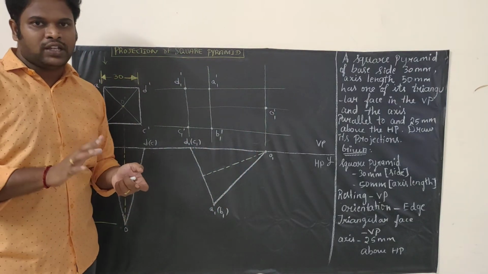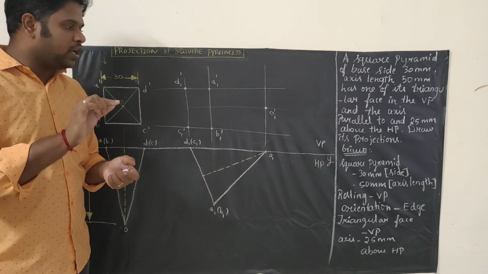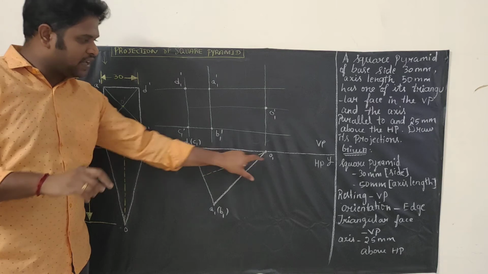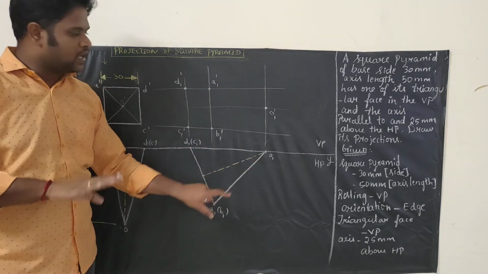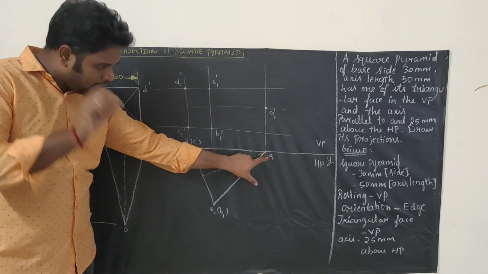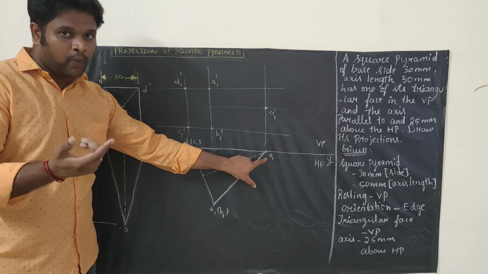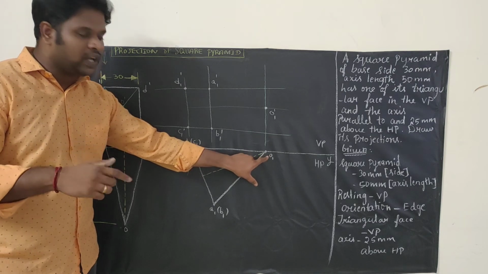So for drawing the hidden, what concept I usually used to tell is, check whichever point or edge is touching the reference line or nearer to reference line. So in this case, O1 is the point which is lying on reference line. So just check it out. Whichever point or edge connecting to this point will be hidden.